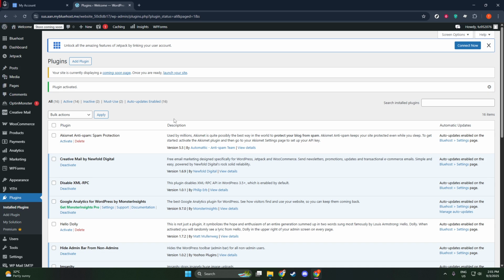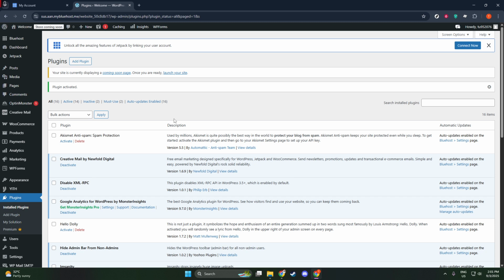It's that simple. One of the advantages of using this method is that it doesn't require you to alter any code manually, reducing the potential risk of making inadvertent errors that could affect your website. Additionally, the plugin will automatically handle any updates related to XML RPC, ensuring that security remains intact without further actions from you. It's a set-and-forget approach that provides peace of mind, particularly valuable if you manage multiple sites or just